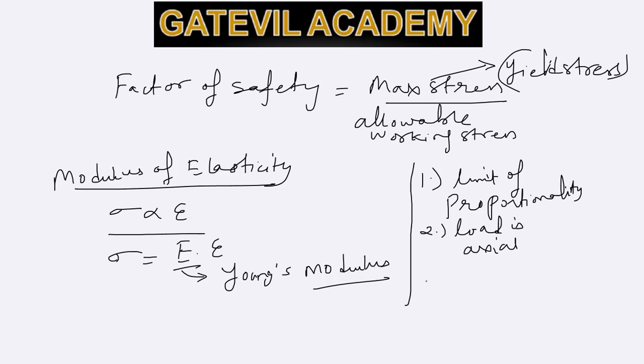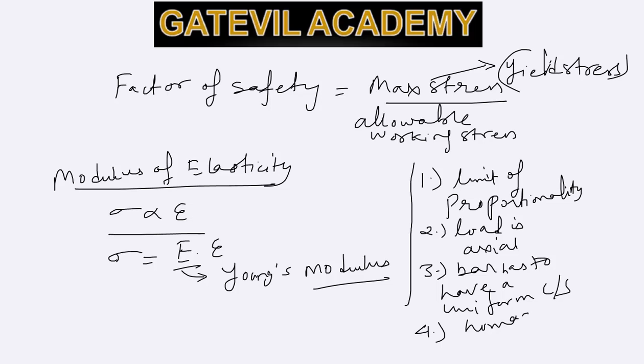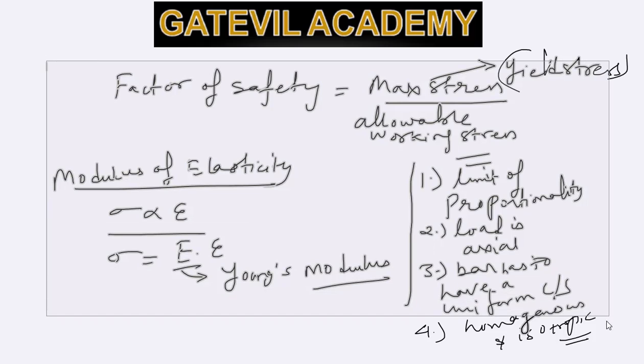And then the bar has to have a uniform cross section, and it should also be homogeneous and isotropic. So these are the four assumptions on which Hooke's law is based. So moving on to the next constant that we are going to define,